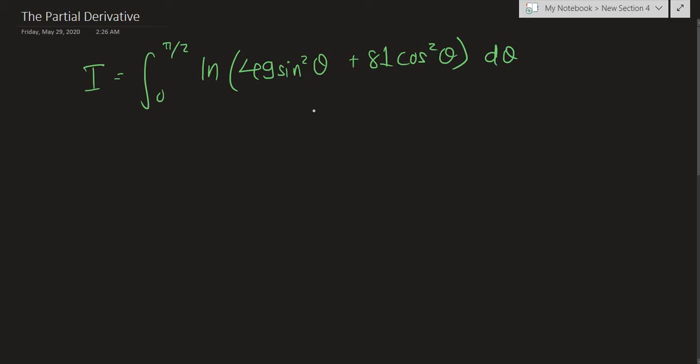But one thing that you can notice, that we have a 49 which is a constant, we have a 81 which is a constant, and sine squared theta and cosine squared theta are variables. And since when we are talking of introducing fresh parameters, it's unwise to tamper with existing variables. So one warning that I would like to give you before we introduce any parameterization, this is more like a general warning, is don't